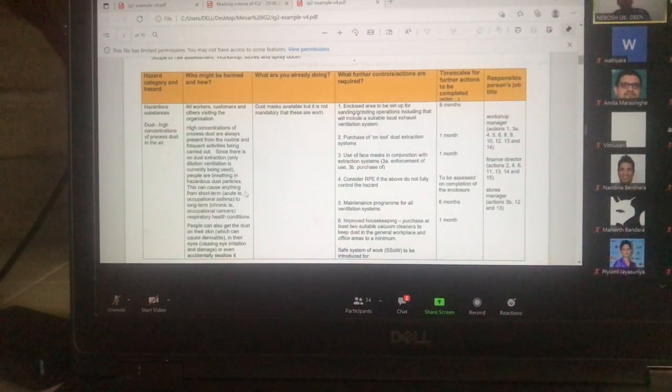In the long term, continuous inhalation or exposure to dust can lead to lung diseases like asthma. You can say that, or respiratory diseases. Very brief. So you understand the hazard first, and